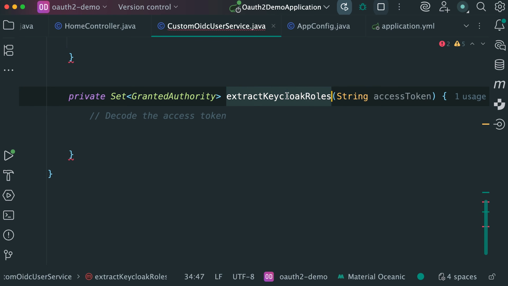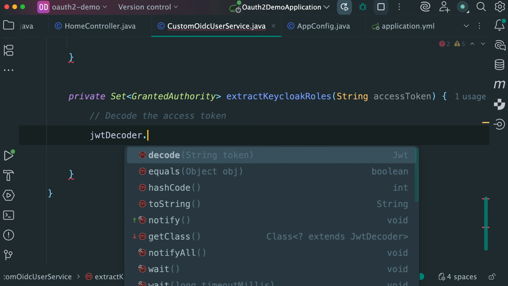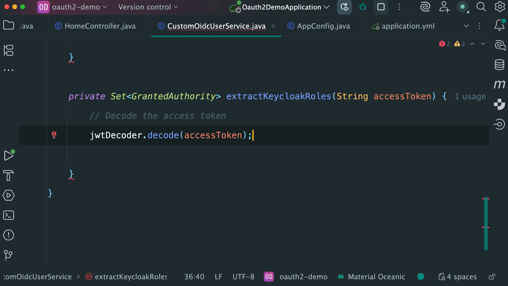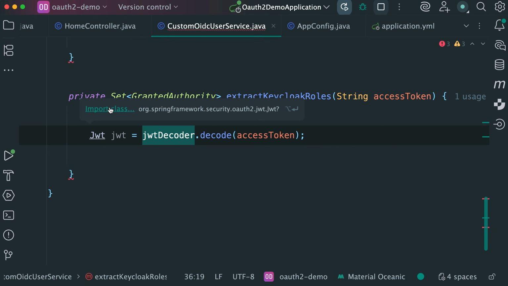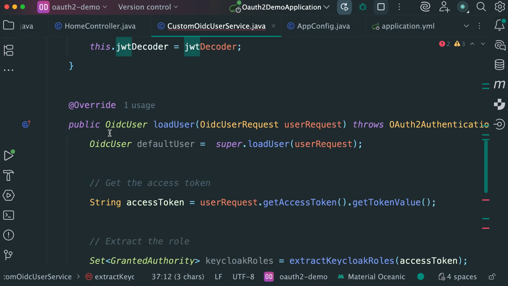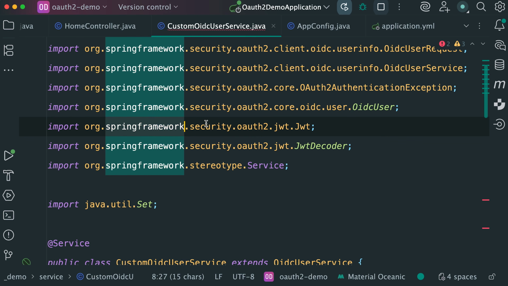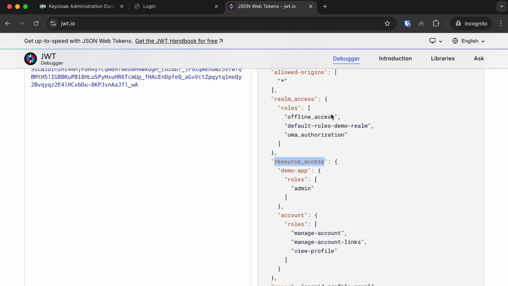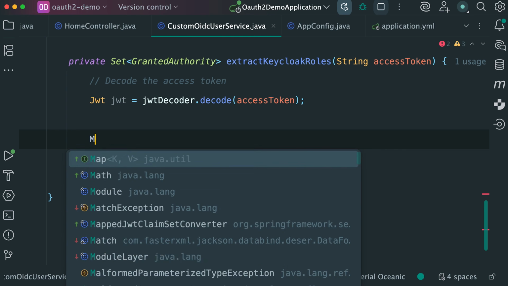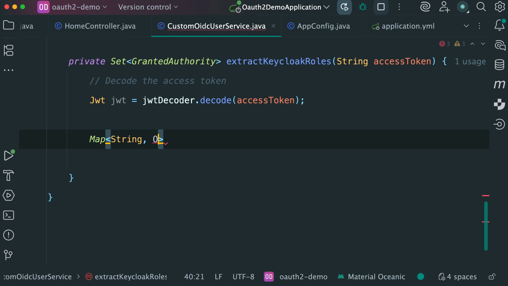Now inside this extract Keycloak roles method, we'll decode the access token: jwtDecoder.decode(accessToken) and store it into the variable jwt. Let's import this class. Make sure this Jwt is imported from the org.springframework.security.oauth2.jwt package. Okay. Now, first I will extract the resource access claims from this token. Create a Map. The type is String for the key and Object for the value. Name it resourceAccess. And this equals